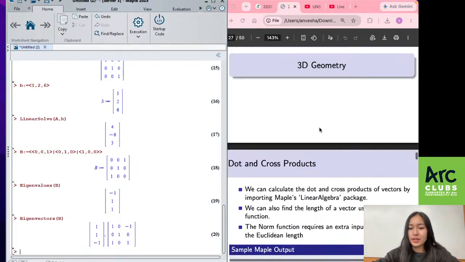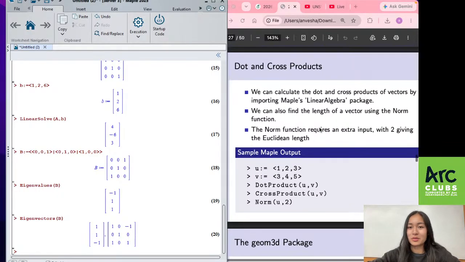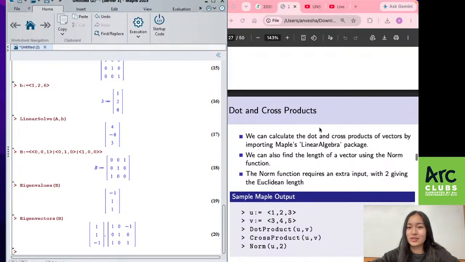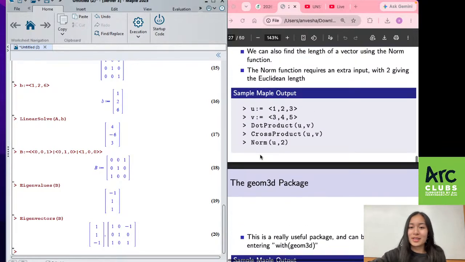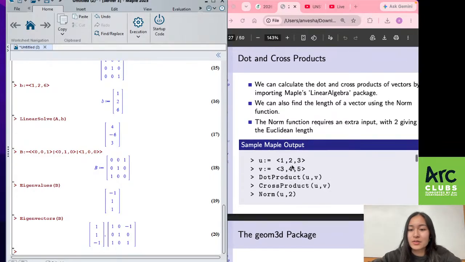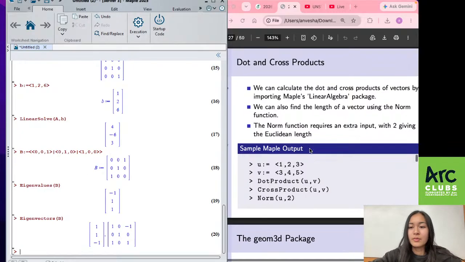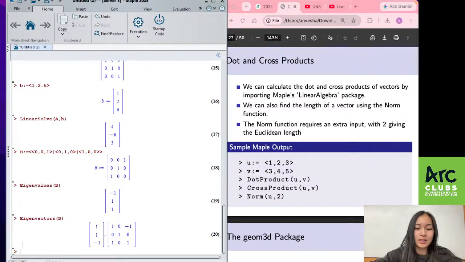Onto 3D geometry. If you're currently doing Math 1231, we haven't necessarily touched on 3D geometry yet, but this is a little insight into it. We've mentioned dot product and cross product earlier, and this is a summary of that. An addition on that is using the norm function, which finds the magnitude